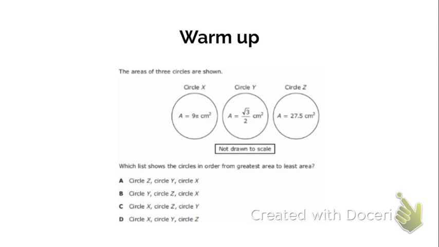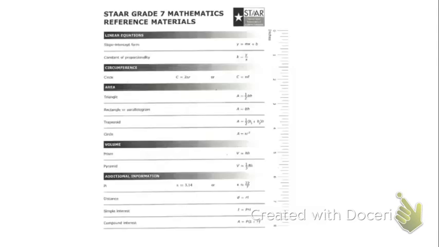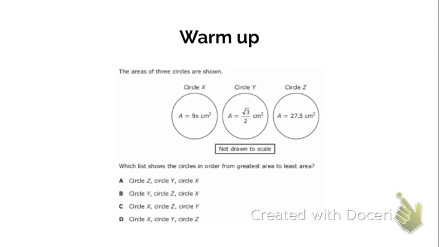Now, if you don't know what pi is off the top of your head, I do want you to go ahead and open up your notebook. And I do want to point out that pi is a value that is found on your 7th grade reference chart, and the approximate value of pi that we're going to use is 3.14. So with that being said, we know that pi is 3.14, so 9 times pi would be